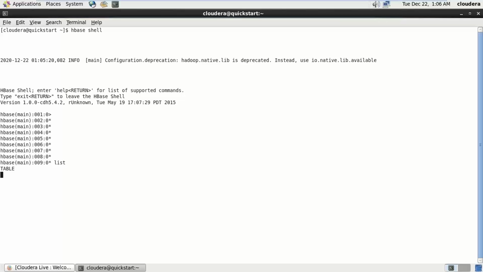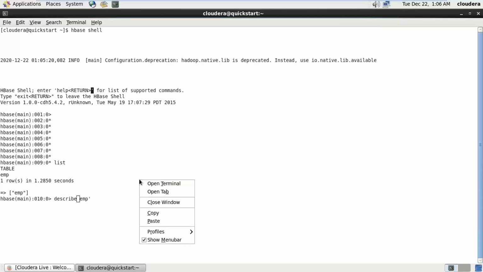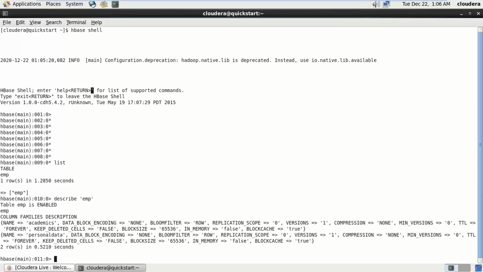Okay, so you will say list command and you will see the tables. We have the employee table. So let's describe the employee table. When I describe it, first of all you can see how many column families you have. This is the first column family, this is the second column family. That means